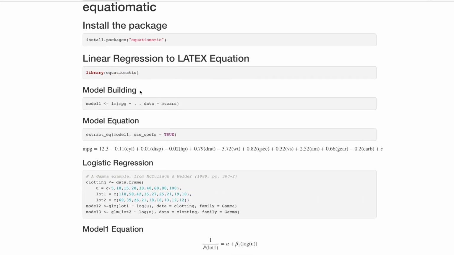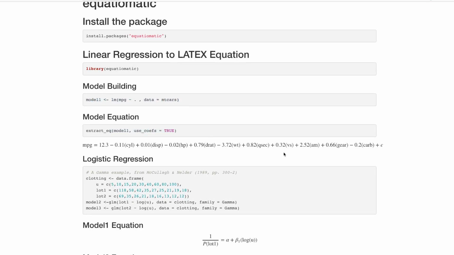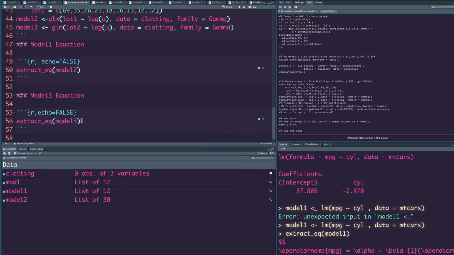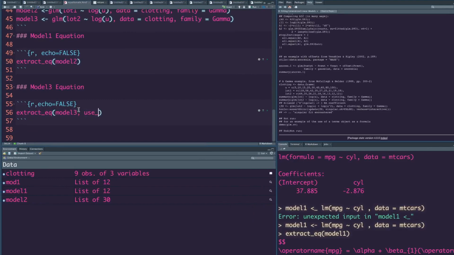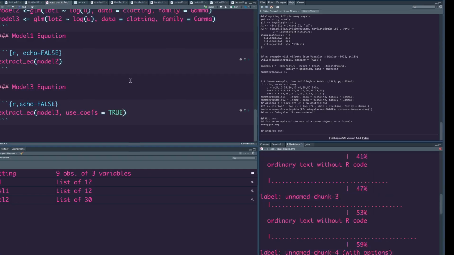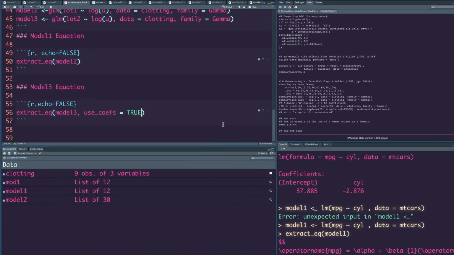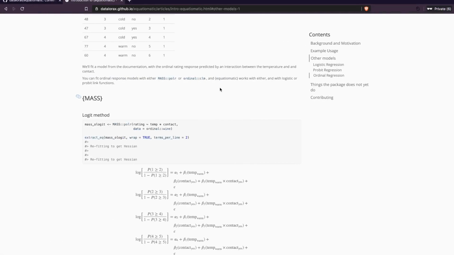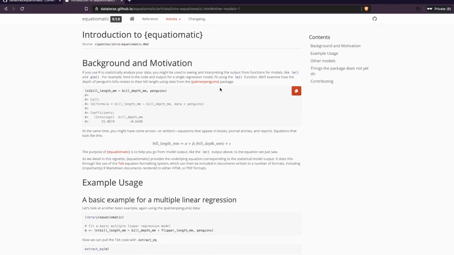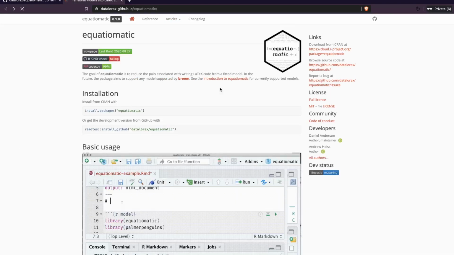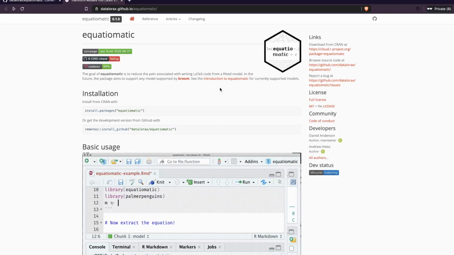So you install the package, load the library, build the model, display the first model, display the second model, display the third model. Again, if you want to use coefficients only for one model, maybe we can say use coefficients true and save it, rerun it, and you will see with coefficients what the logistic regression model has been built. So this is a wonderful package, and especially for someone who's working in academia or who presents data, who presents in conferences about what they have built.